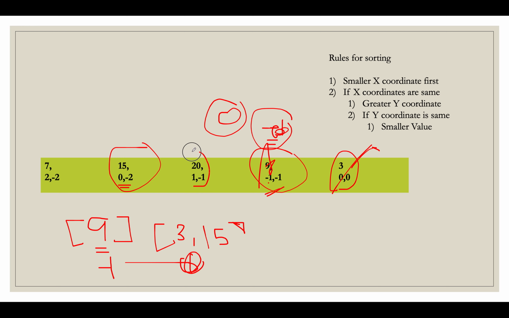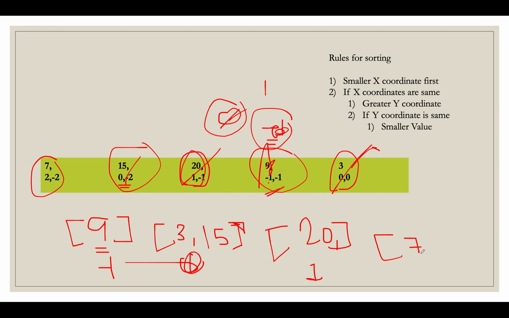Now we pull out another element. Which one will be pulled out? 20 will be pulled out, and since it has a different x coordinate, we will close this array and create a new array with the value 20 in it, which signifies the first x coordinate. So these are gone, and again we'll update the previous x coordinate to 1, and we'll pull out the last element, which is 7 comma minus 2. Since it is different, we will create a new array element and add it here. The priority queue is done. We'll submit this as an answer.